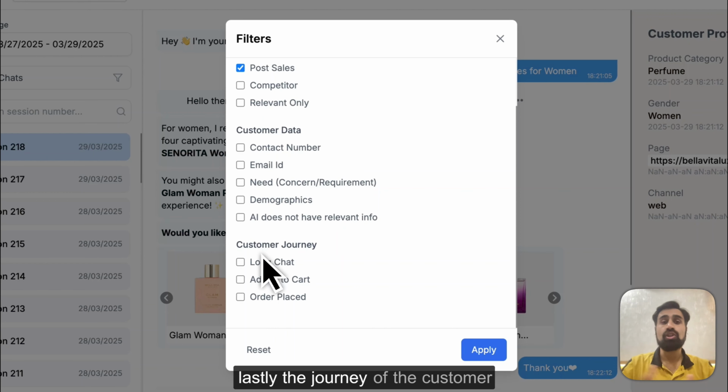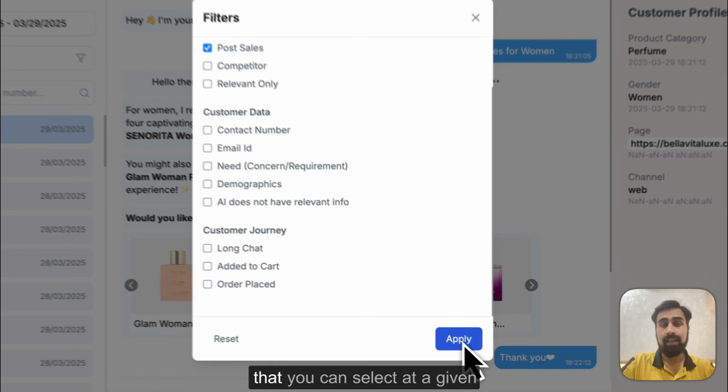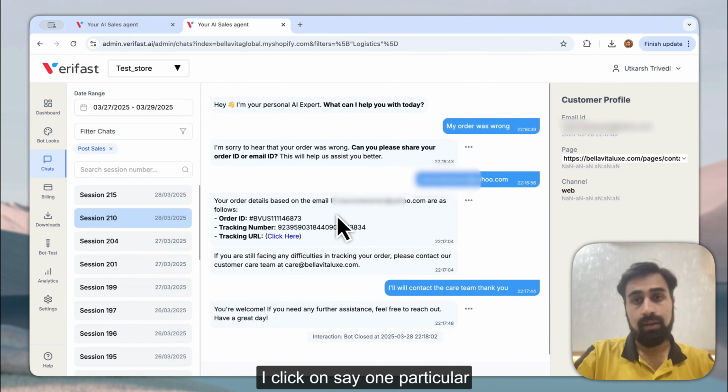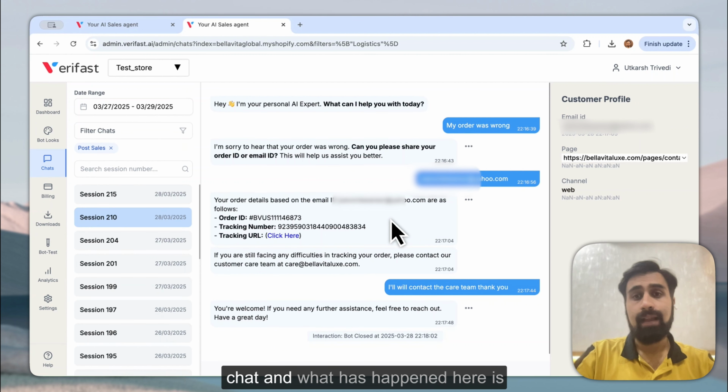And lastly, the journey of the customer. Was it high intent, meaning a longer conversation, where the person added to cart and placed an order. These are multi-select options, so you can select multiple options at a given point of time. Now, if you see, I click on one particular chat, and what has happened here